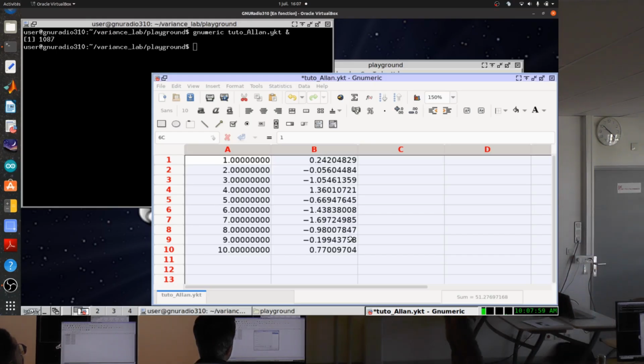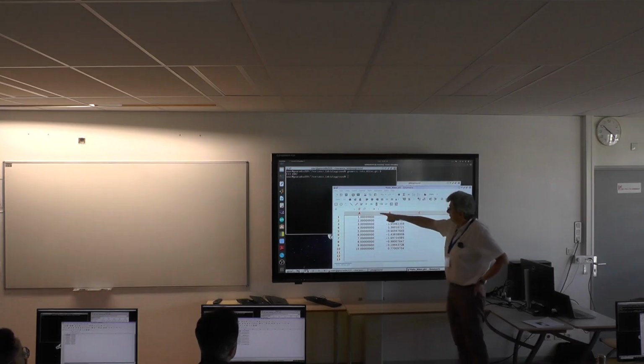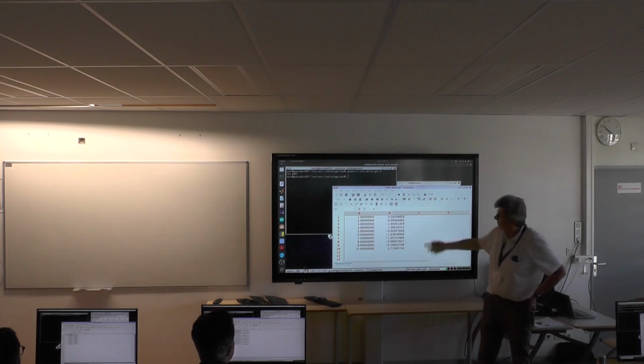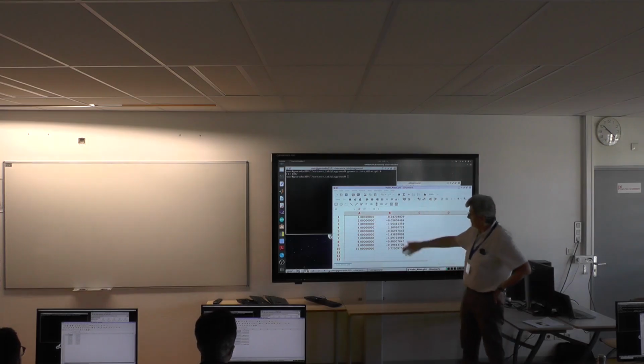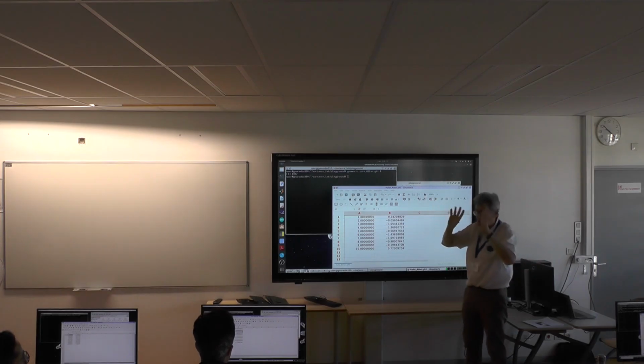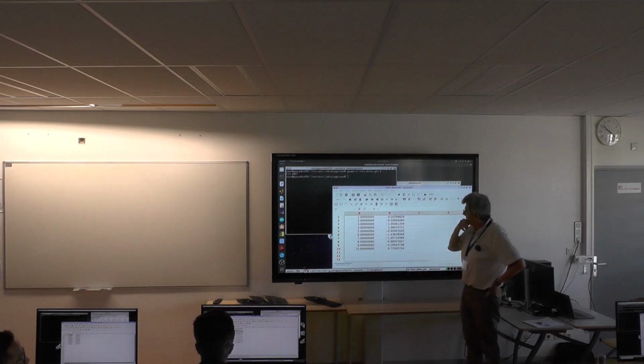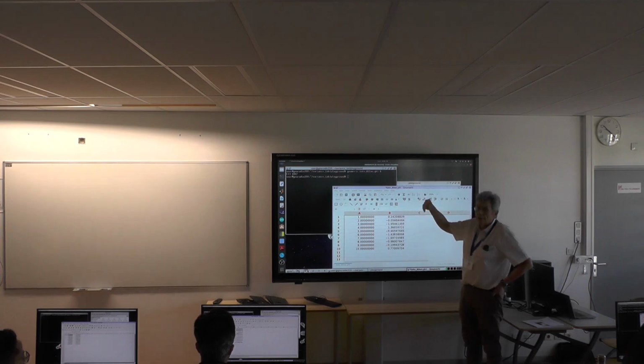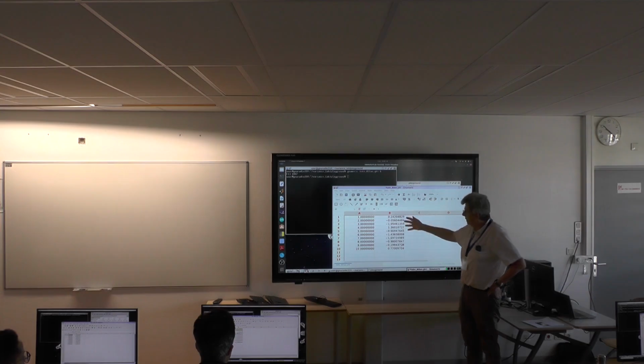This is the content of the file. Here you have a first column which represents time tags, so 1 second, 2 seconds, 3 seconds, and so on. It means that you have a sampling time of 1 second. It's a simulation, not real data, only to show you how it works. And here you have random data which symbolize what could be a time series of ykt,